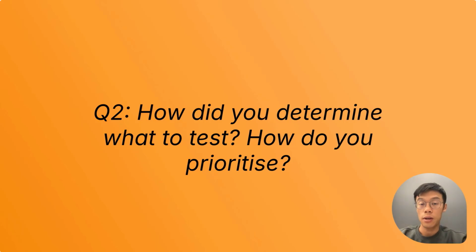Question 2, how do you determine what to test and how to prioritize? That's a very good question. How to prioritize, that depends on the business needs. For example, if a particular product is being focused on by management, that it has been pushed this quarter, probably that's a good place to start. Or if there are different journeys that generate the most traffic, the most conversion, that's also something to prioritize. So again, it's based on the business needs, priorities, and also management needs.